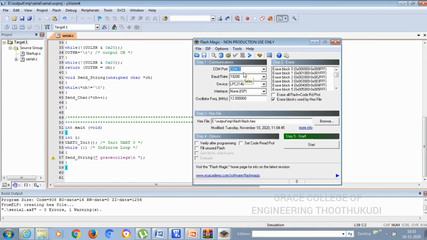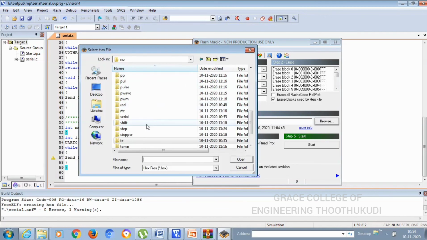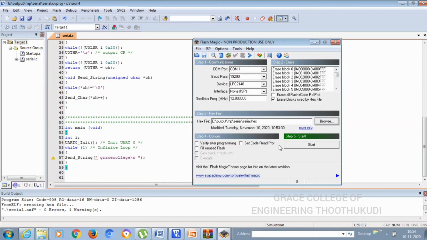In step 1 all the settings should be like this. In step 2 click Erase Block. Then in step 3 browse and choose the .hex file which was created, and give Open. Now you can give Start in order to download the program into the kit.